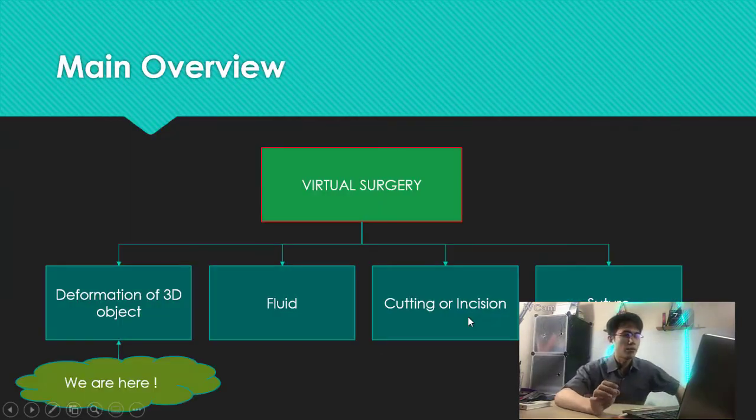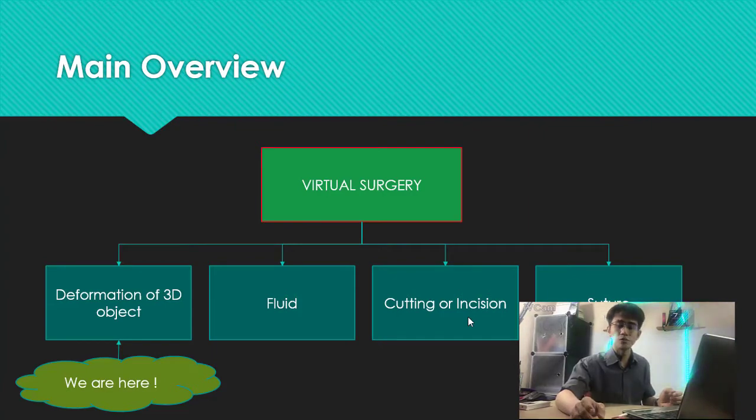The main overview of this research is virtual surgery. As you know, virtual surgery is where the doctor can do some little exercise before real surgery. In virtual surgery, there are four main topics.